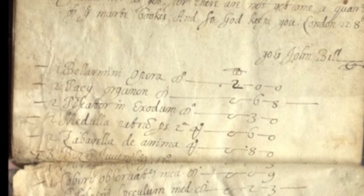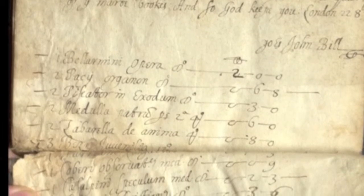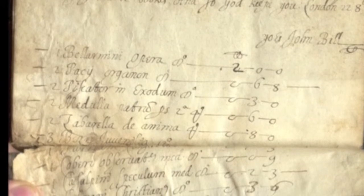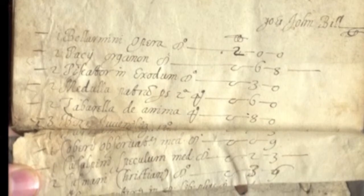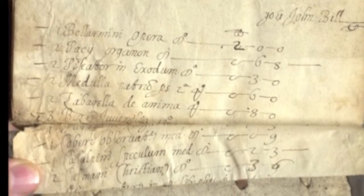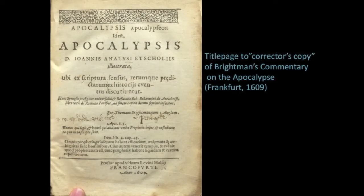Such records as these are extremely rare, and David Pearson points to only one other example of a document with equivalent detailed stationery correspondence used as waste, and this after searching and studying the waste found in hundreds of Oxford bindings. One last example. At first glance, the Forbes copy of Thomas Brightman's Latin commentary on the Book of Revelation